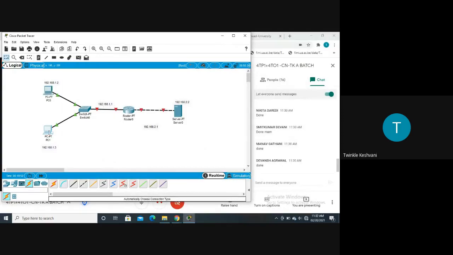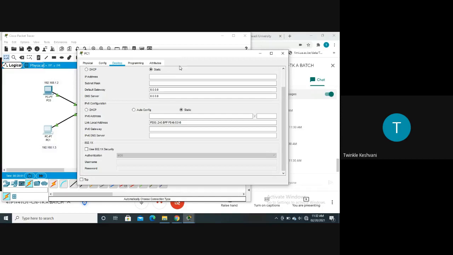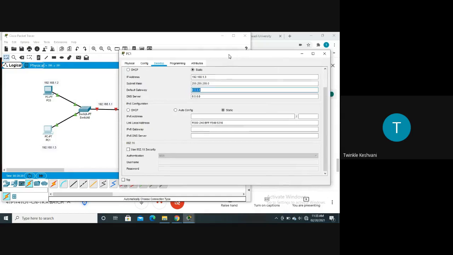Going to the second PC, same procedure we need to do here also. Click on the desktop tab, the third tab, go to the IP configuration and write the IP address for the second PC, that is for the PC1, right? So here I am giving the IP address 192.168.1.3, right? I have already placed a note for PC1 also. So I have given the IP address for PC1. Click on the tab button, click on the another tab button, and you have to write the default gateway. So यहाँ पे default gateway क्या रहेगा? Obviously same ही रहेगा, क्योंकि ये भी PC same ही route follow करेगा जो PC0 ने किया है.